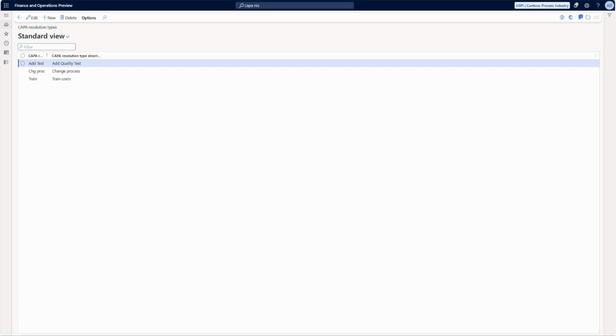CAPA resolution types let users select a resolution reason when they resolve a CAPA case. You can use CAPA resolution types to identify and categorize typical reasons why CAPA cases can be resolved. CAPA sources let users select a source for each CAPA case. You can use CAPA sources to track the source of each case, such as internal audit, external audit, or ad